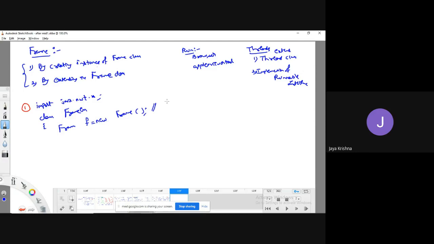If I write like this, is there any frame which contains a title? No, there is no title. If you want to create a title, I can go for Frame f = new Frame("JK"). With the second statement we have a title, while the first statement has no title. Once I instantiate the Frame class, is it going to be visible to the user?